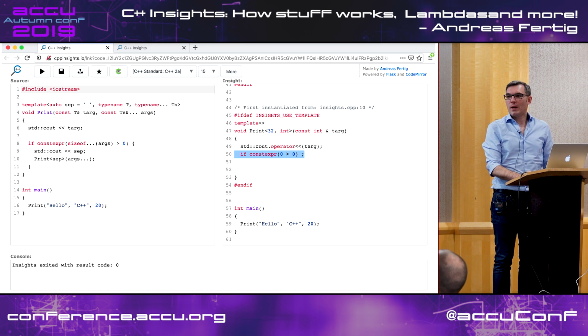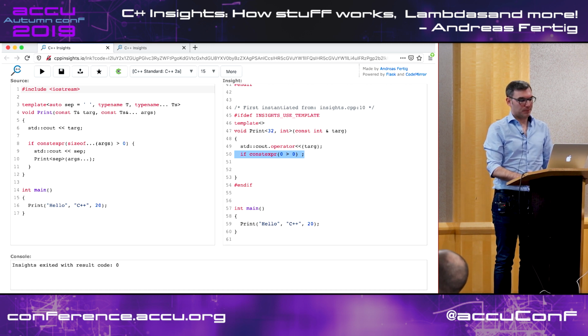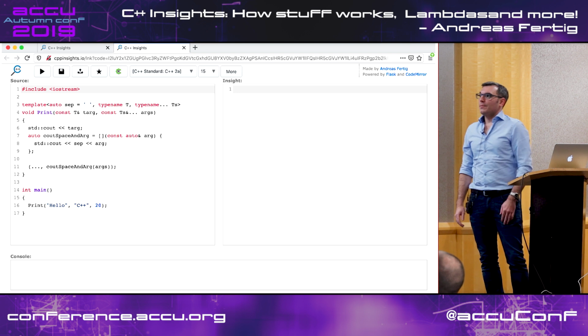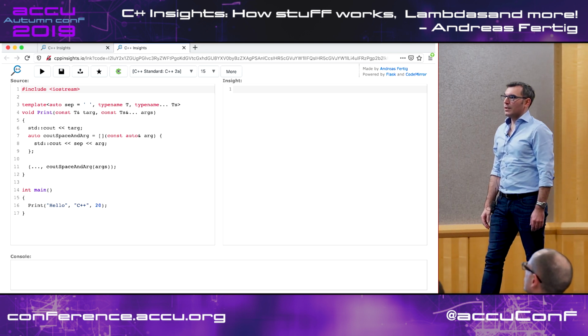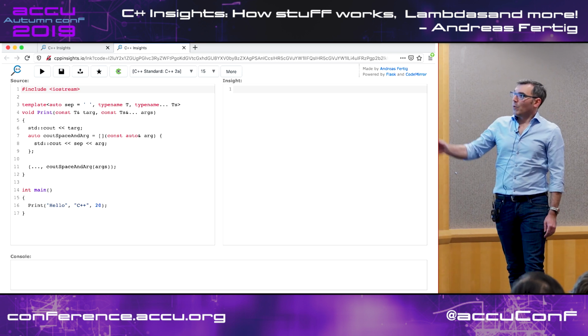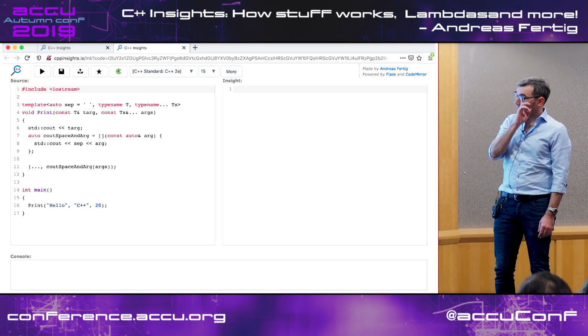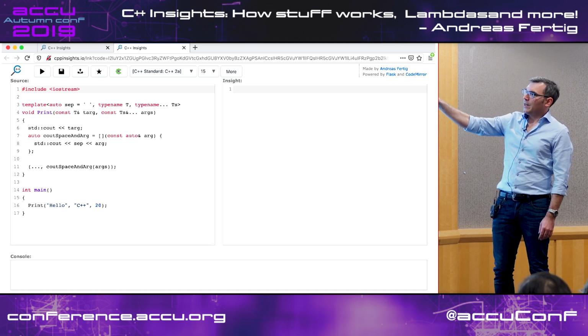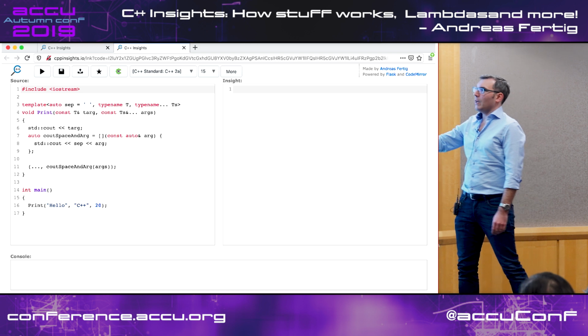So this is one way how we can write this. A totally other way, or not totally, but slightly other way, is doing it together with lambdas. And what we got in C++17 as well is fold expressions. So what I have here is the same base, the primary template. It still does the initial cout, and then it has a lambda. It's a generic lambda, by the way.